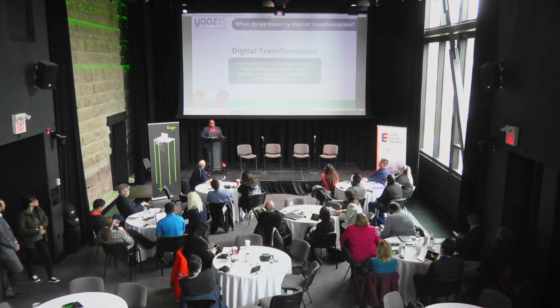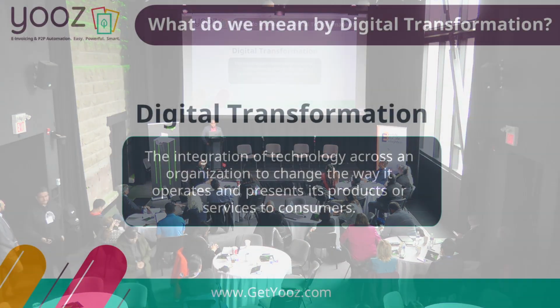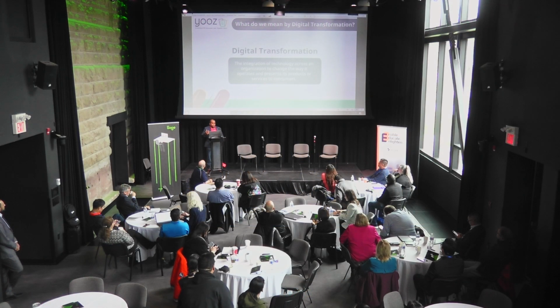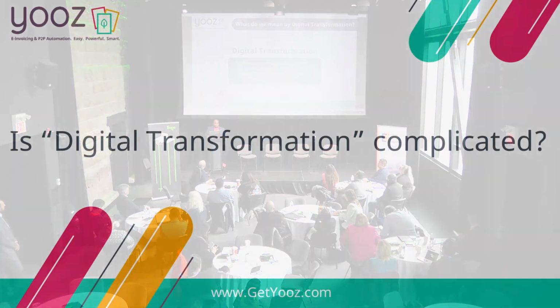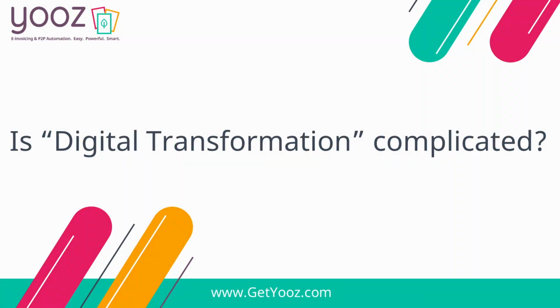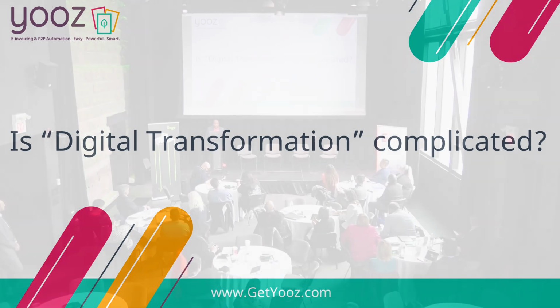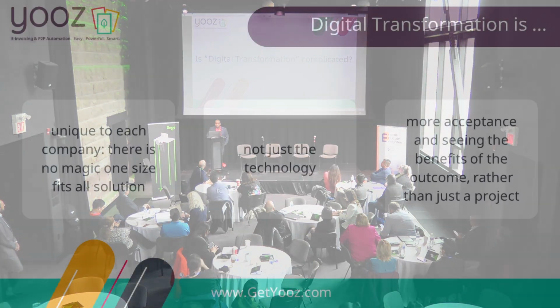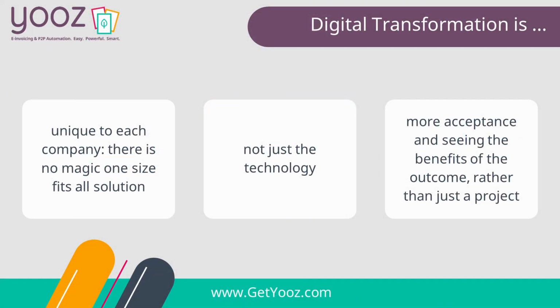So what do we mean by digital transformation? To change the way the organization operates with technology across the board, right? Imagine changing your operation with technology and streamlining a lot of your processes. So is it complicated? We've heard some good things and bad things, right? Maybe sometimes, as Stephanie had mentioned earlier, but it does have an effect overall at the end. So let's dive into that. There's not one-fit solution for everything, right? You kind of have to piece it together, but when you automate it, it really helps and streamlines the business.